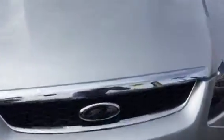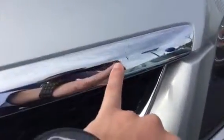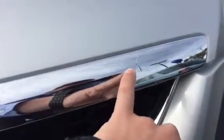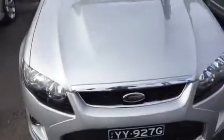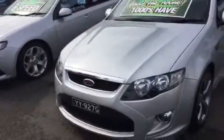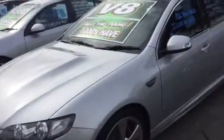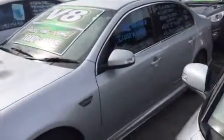On this part here, it looks like something's chipped it and maybe just started to peel the chrome a little bit there. And there is a little touch up here just on the bonnet that's been touched up. Again, as I zoom out or come out of the car, very hard to notice. Something that you only see when you're really, really close up to the car. And that's been really, really picky as well, because it is in quite good working order for its age, obviously